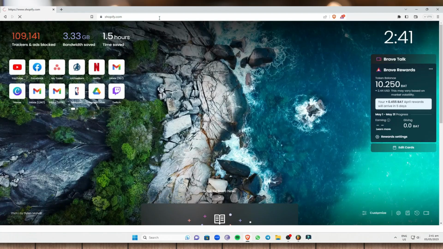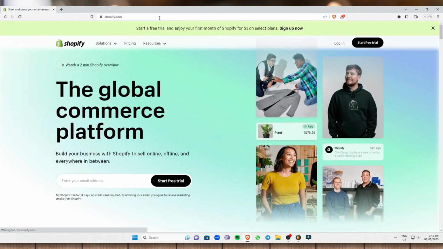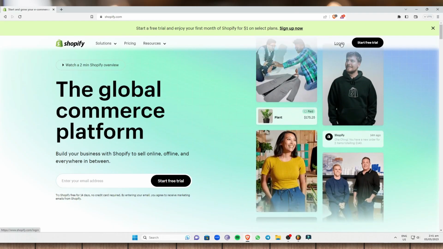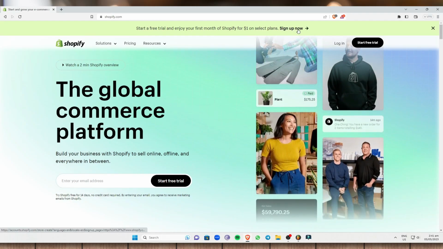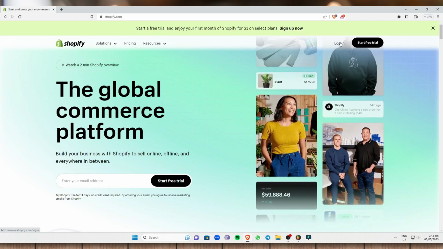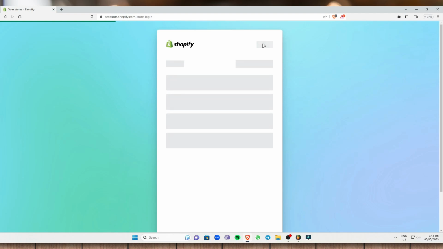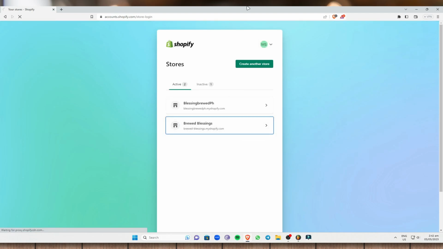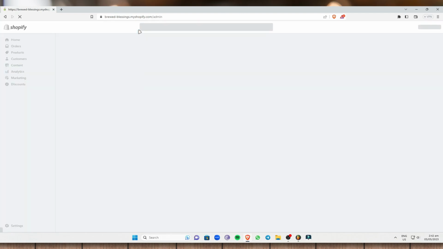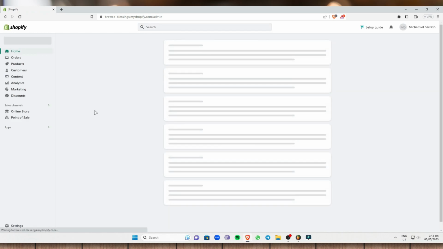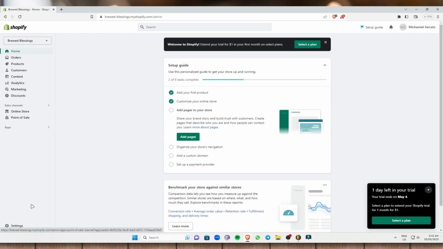www.shopify.com. Now once you're in the website, click on login right here to log in to your account, or if you don't have an account, just click on sign up now. So I'm just going to click on login right here because I already have an account, and go to the store that you have. Now once you're in the store, to start withdrawing your funds, go to settings right here